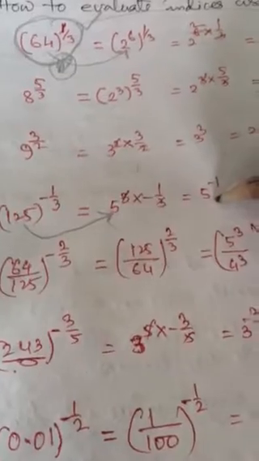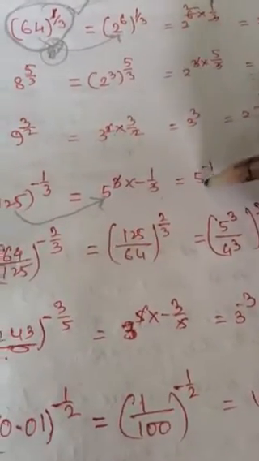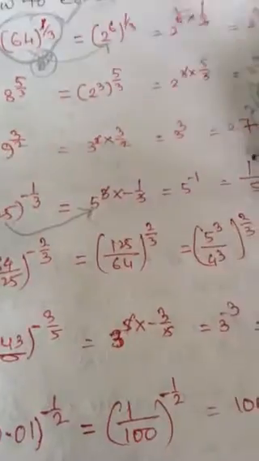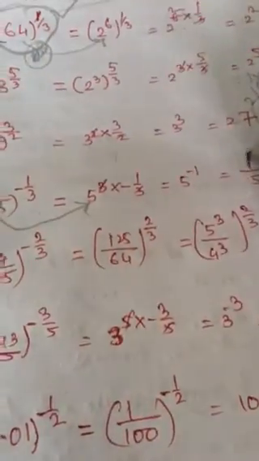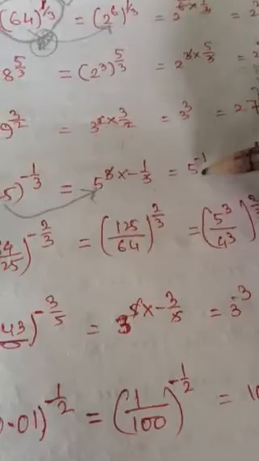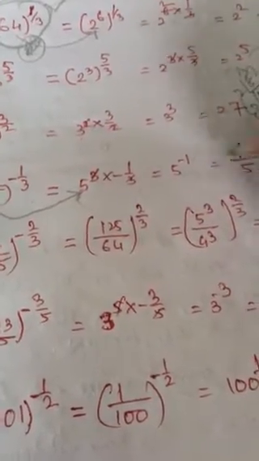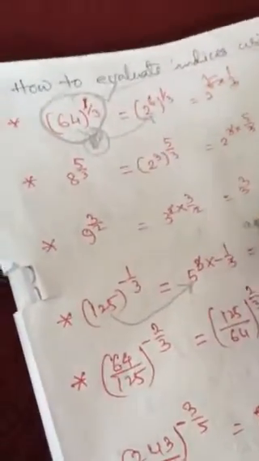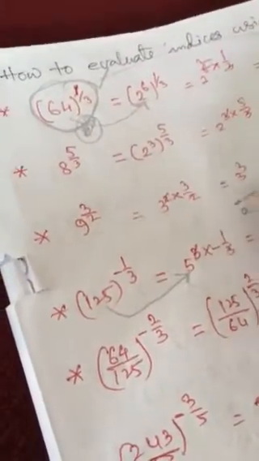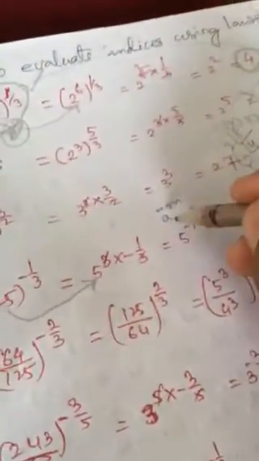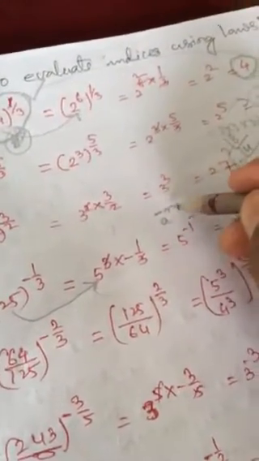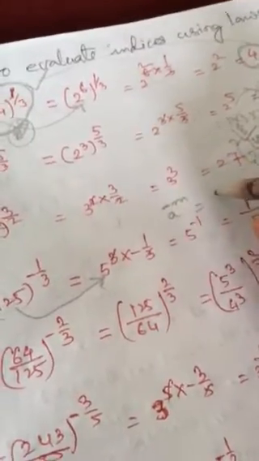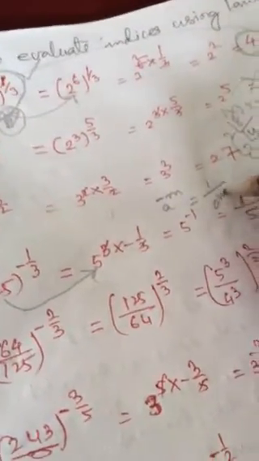I have given one law there. If power is negative, then we always write 1 as numerator and this power we should write in the denominator, like this you have to convert. One law I have shown you. If a to the power negative, if there is negative power of any base, then it can be written as 1 by a to the positive power. Okay, so in the same way it is converted here. You have to try to understand.